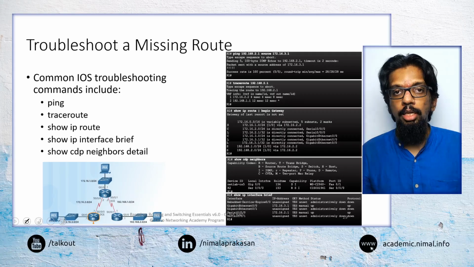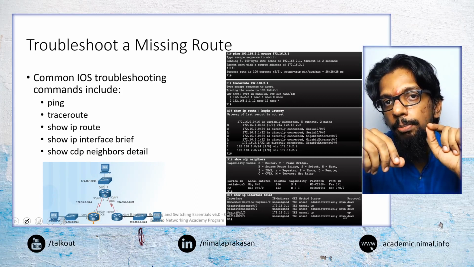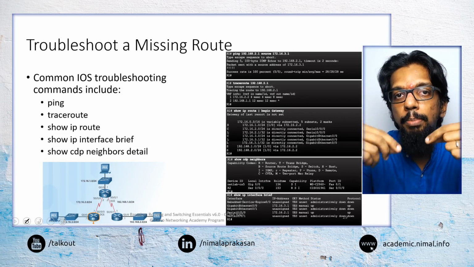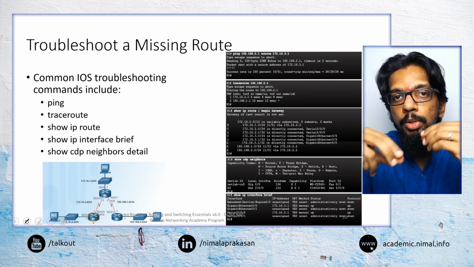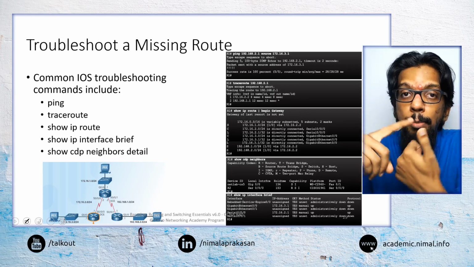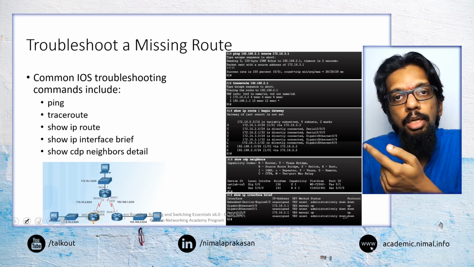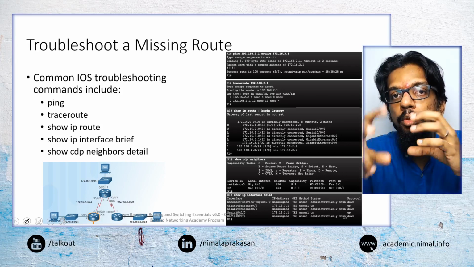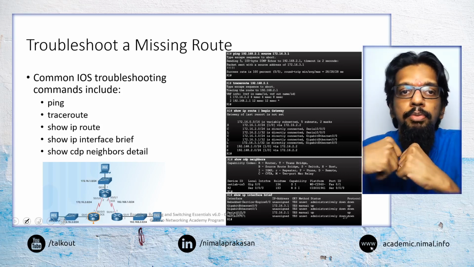So finally, one of the things that we will have to do is, because static routing is something that we manually configure, all of the routing entries are manually configured by an administrator, there is greater chance for errors to be made, because we are manually configuring each of the networks, each of the possibilities. We may miss some networks, we may misconfigure certain networks, we may say a particular network can be connected through router 2, but in fact it may not be. So there can be certain issues like that, because we are manually configuring them.